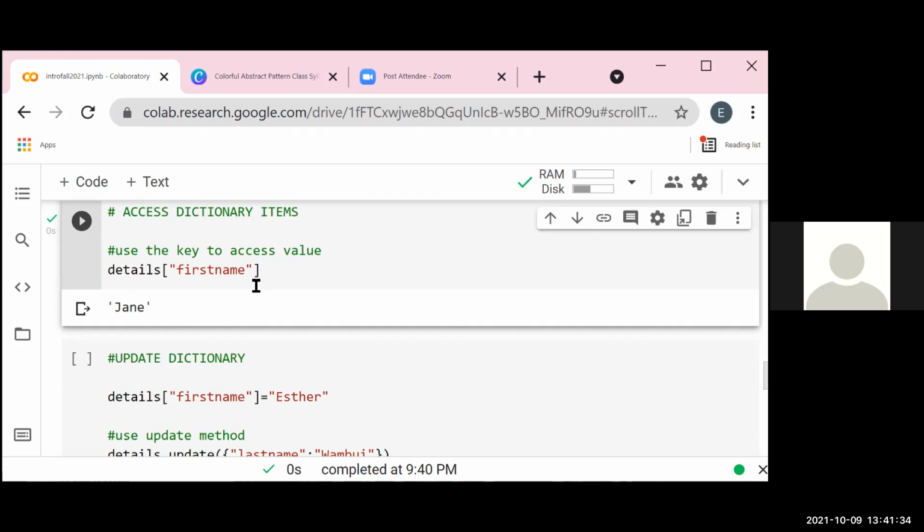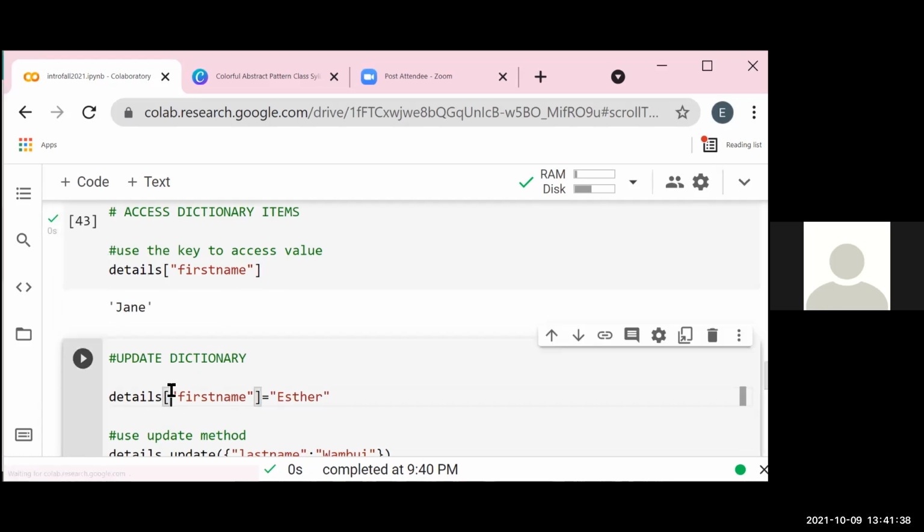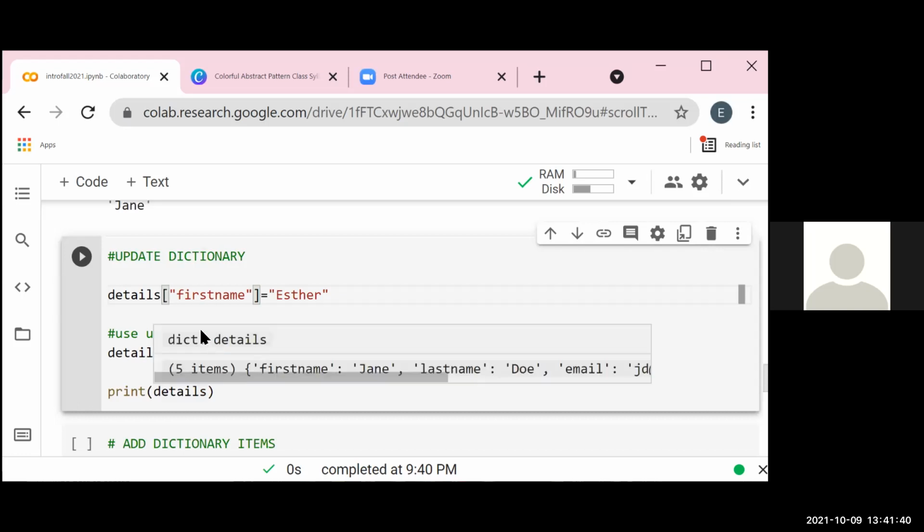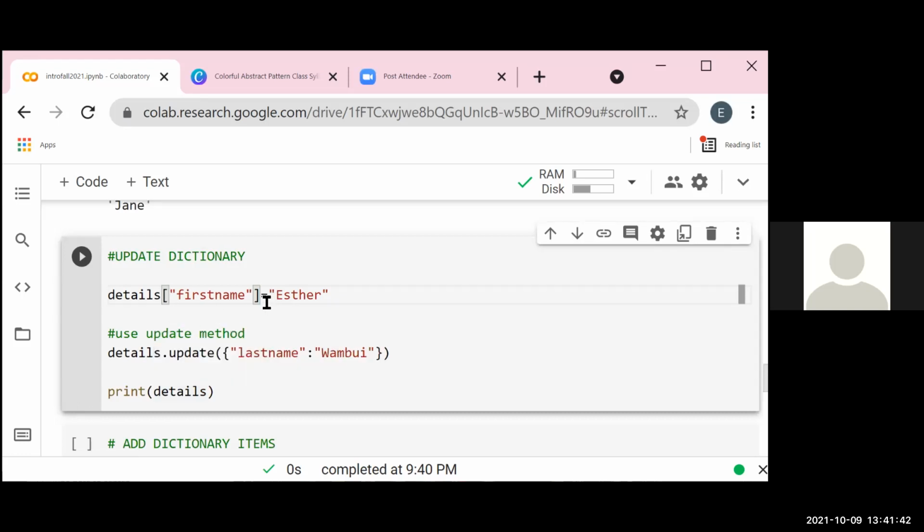We can as well update. To update, we can change the values. There are different ways you can update a dictionary. We can just reference the value. You remember the value here is Jane. So details, key first name, we change it and make it equal to Esther. Another method is that you can use the update method.